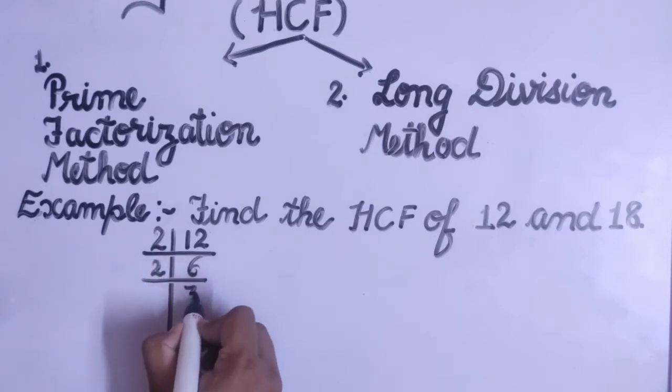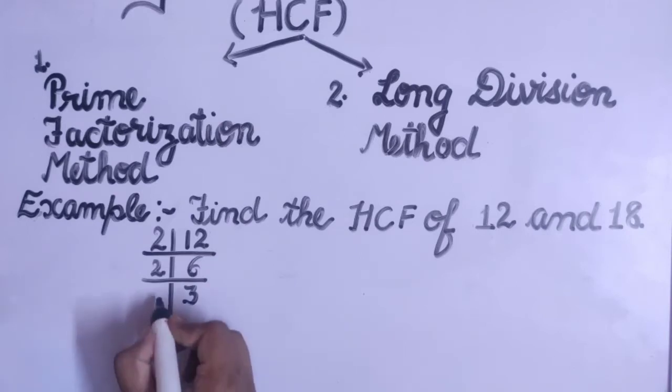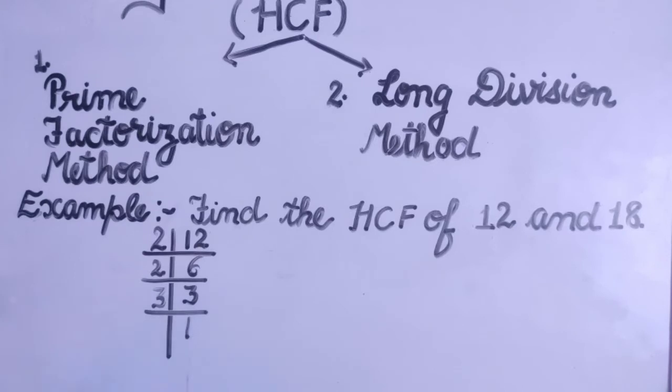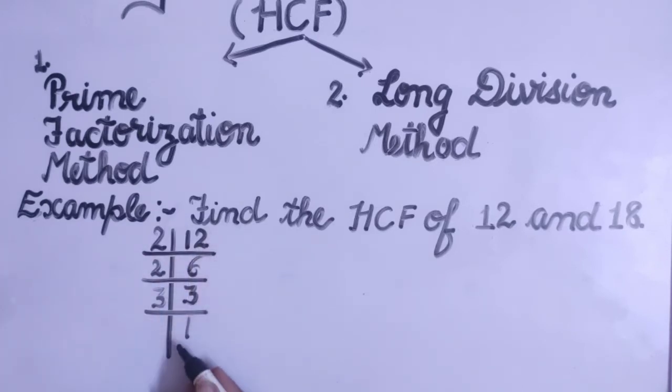2 3s are 6. Now once again check whether the number can be divided by the smallest prime factor. No, because it is 3 and in the table of 2, 3 never comes. So let's move to the second prime factor, that is 3. 3 1s are 3. Students, we will follow this procedure till the time at last 1 will come.